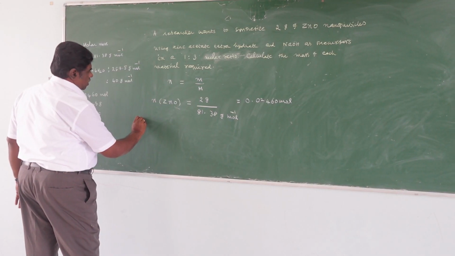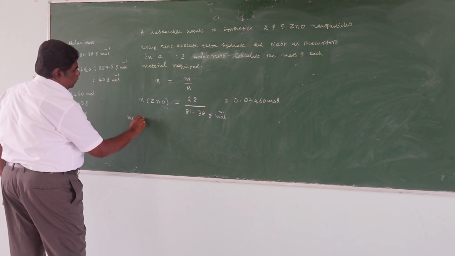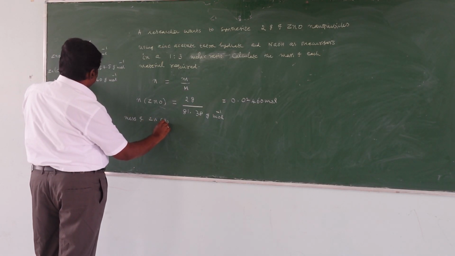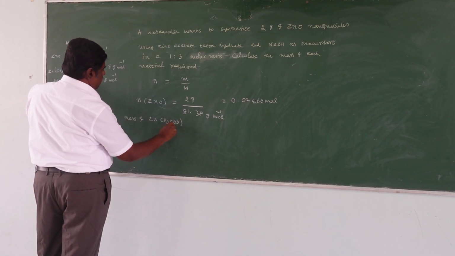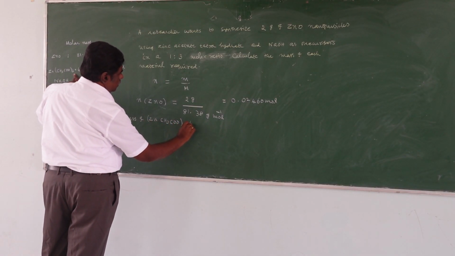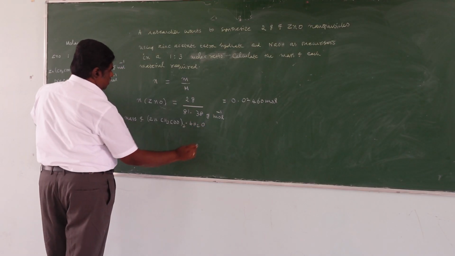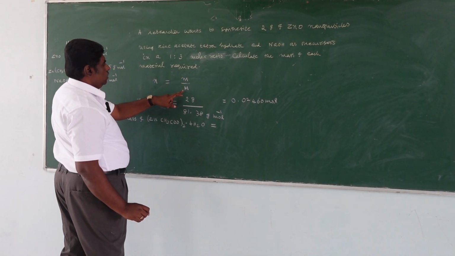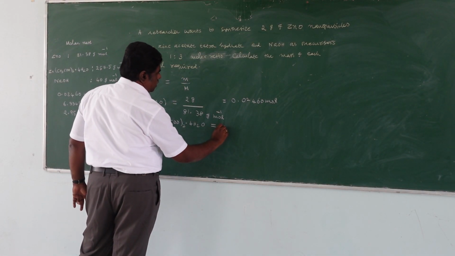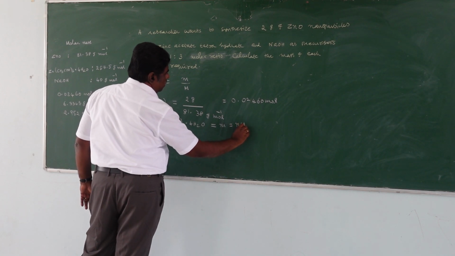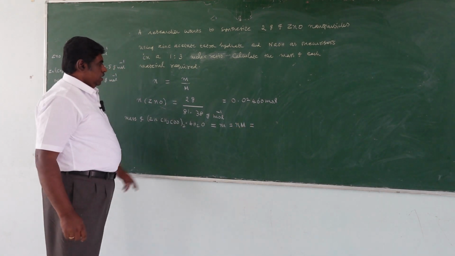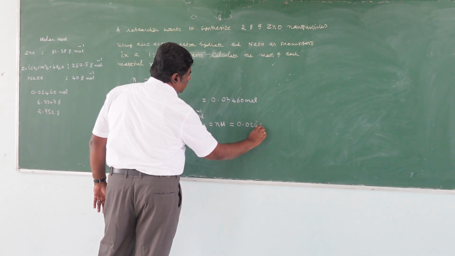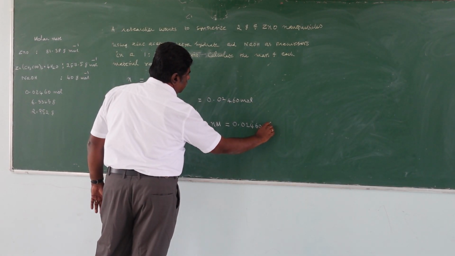Therefore, the mass of zinc acetate tetrahydrate needed is equal to, see this formula, m equal to n into M. This is the n value, 0.02460 mole, into